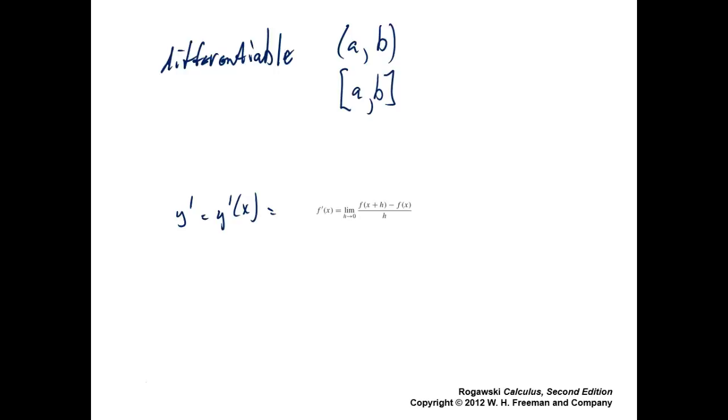I hoped I heard you say was, this one includes the endpoints. This is going from A to B, including the endpoints. This one does not necessarily include the endpoints. That's what this means. You include A and B. This one says everything to the left of A and to the right of B, but not A and B